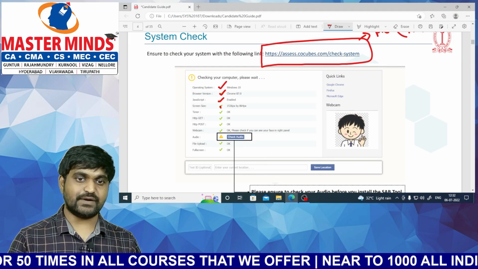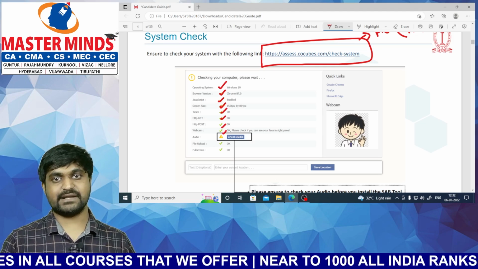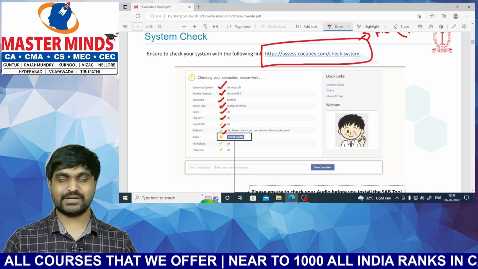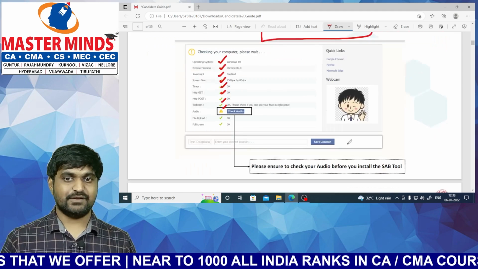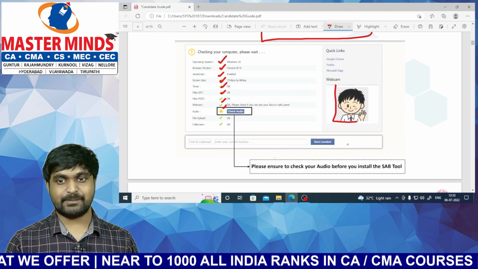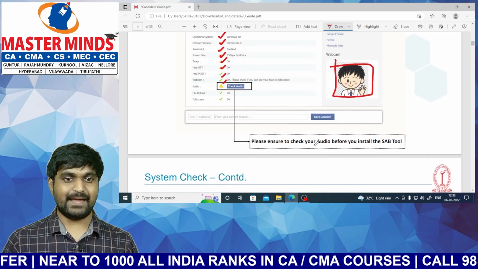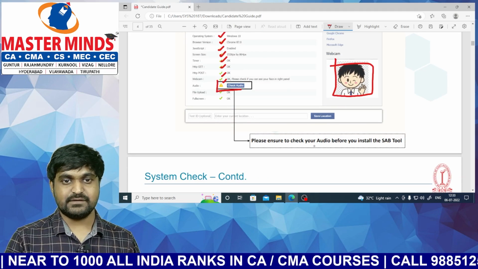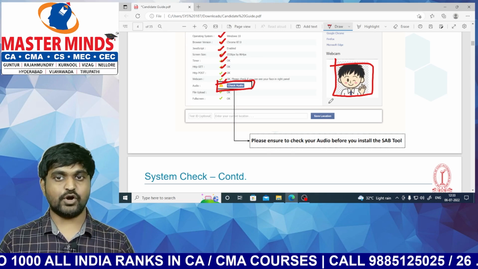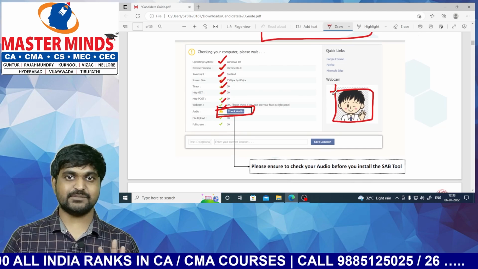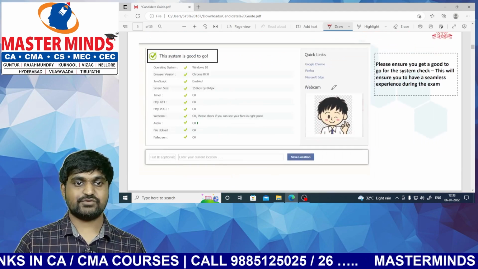So if you find all green color ticks, then your system is capable of running the assessment test. So you can uninterruptedly attempt your examinations through that system. So here there will be a webcam test also. Your photo will get displayed here, and there will be checking on audio also. Your audio must be audible and you must be clearly visible through the webcam, then only you can pass this system check. So this is the final file.